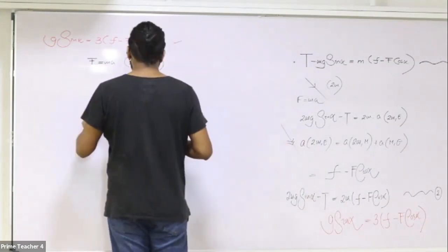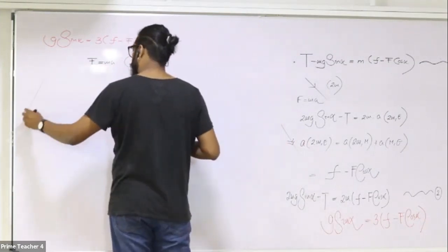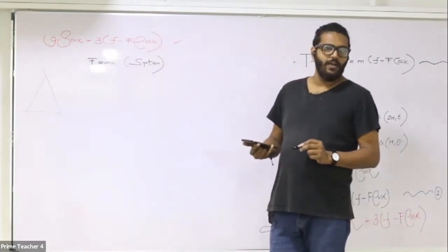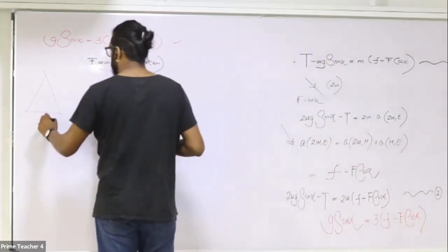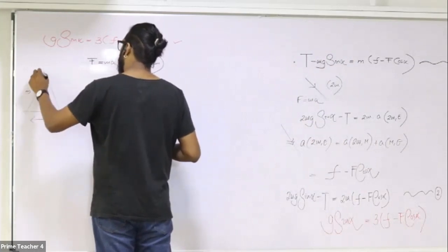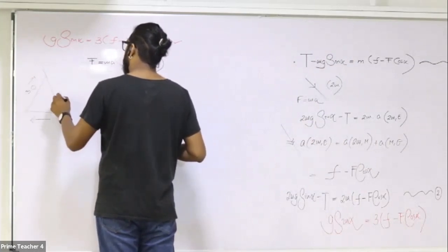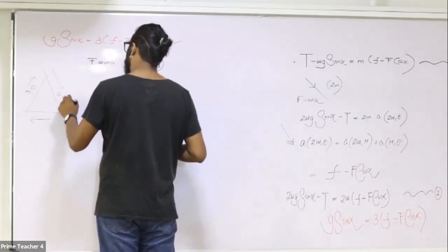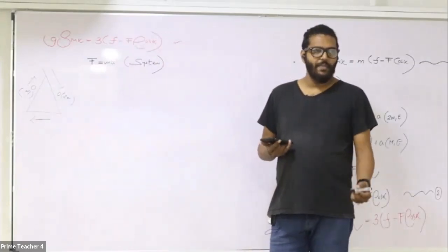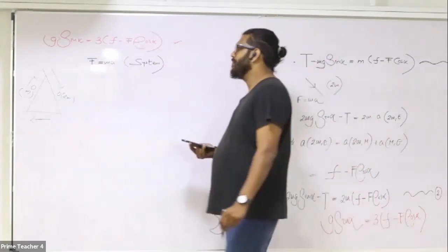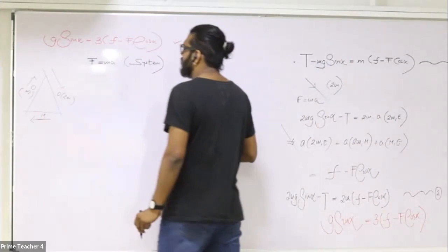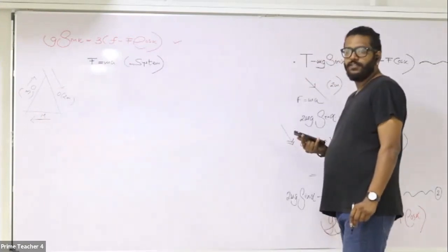So you should be having that picture in your mind right now. Let me emphasize that here. We imagine that the wedge is moving towards your left, and then particle M moving this way, particle 2M of course moving this way. But do we know whether this is a realistic movement? We just imagine that it might be the case, right? So when you consider the whole system, there will be different accelerations.